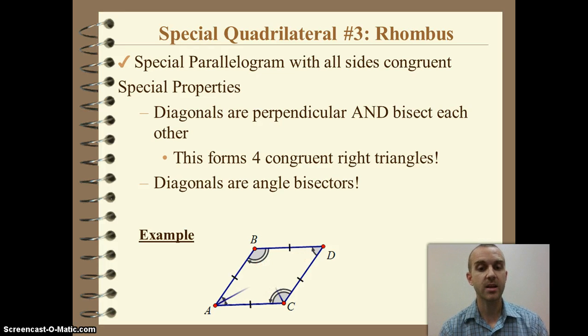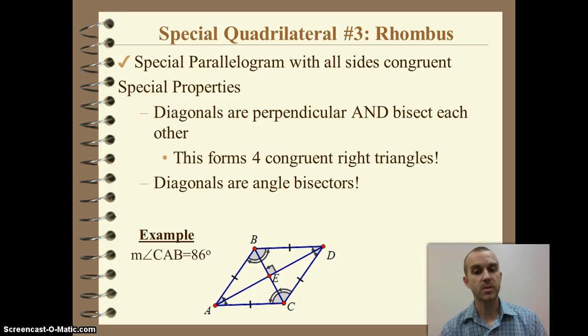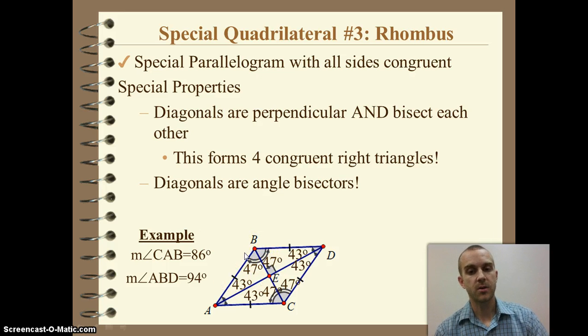But when I draw in my diagonals, what I recognize is that I have this angle bisector. So if I take those same measurements of 86 and 94, they're now being bisected. In other words, those measures are going to be cut in half. So where it was 86 for the entire angle, it will be 43 degrees for each of those bisected angles, both BAE and EAC and their corresponding opposite angles, as well as 47 degrees for each of the bisected angles for angle B and angle C. And you can see then how these triangles will match up to have the fact that it's four congruent right